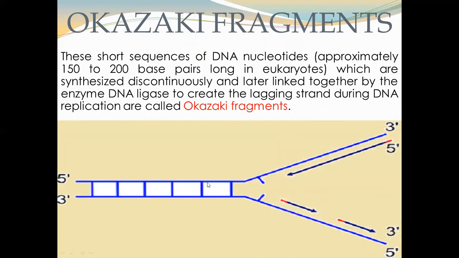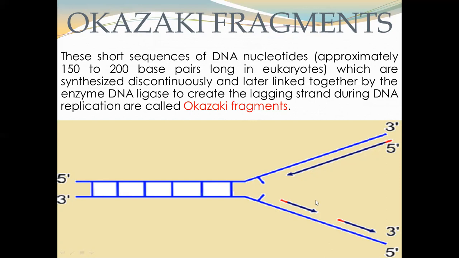So in this figure again, the Okazaki fragments in this lagging DNA strand. This is a lagging DNA strand. The two Okazaki fragments are shown here, this one and this one. This is the direction of movement of the replication fork, and this is the direction of synthesis of the leading DNA strand. It is the same as the direction of movement of the replication fork, but the direction of synthesis of the lagging DNA strand, the direction of synthesis of Okazaki fragments, is in the opposite direction of the movement of the replication fork.